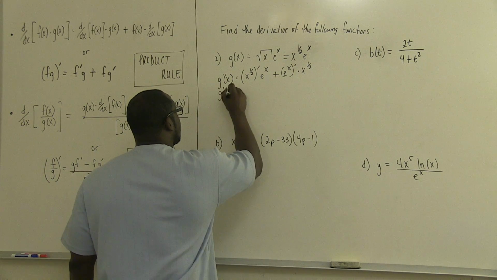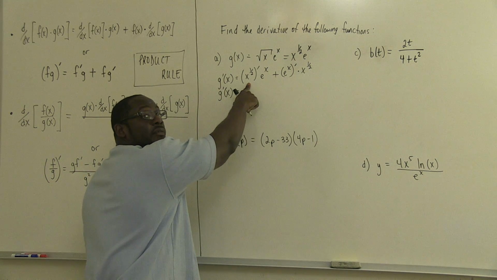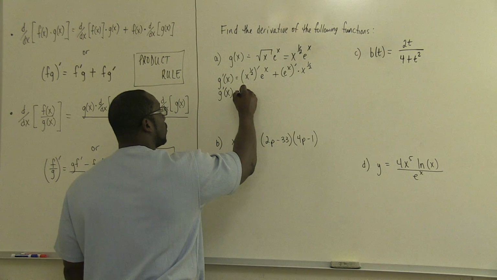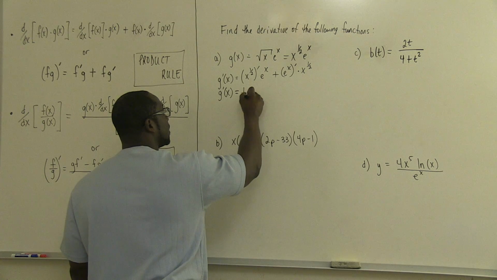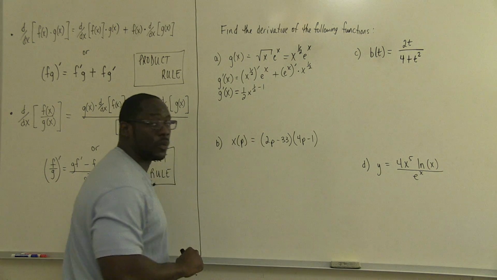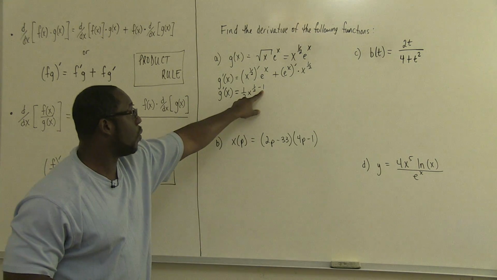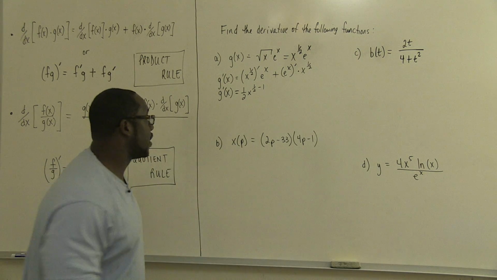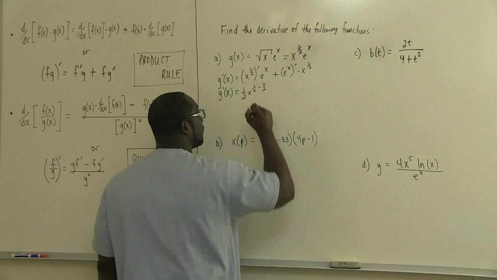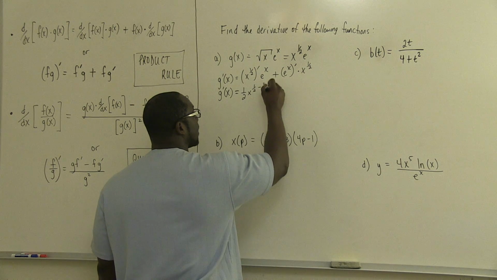So moving on to the next step, I know that the derivative of x raised to the 1/2, we can pull the 1/2 in front times x raised to the 1/2 minus 1. And of course that 1 here could be written as 2 over 2, and we'll clean that up in the next step. All that times